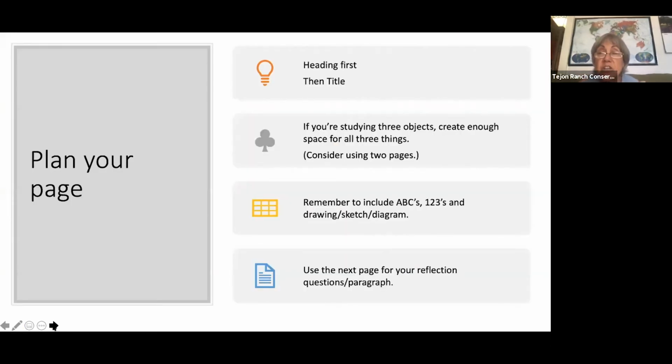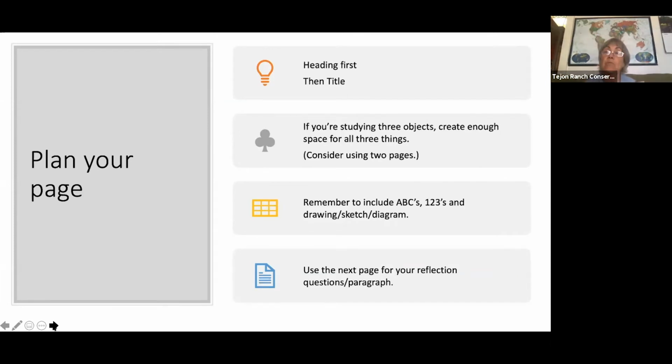Plan your page. Start with your heading and then the title. If you're studying 3 objects, create enough space for all 3 things. Consider using 2 pages. If you're studying more than that, maybe you want to study 1 thing for each of your pages. And so plan ahead so that you have a whole page for each of the items you are